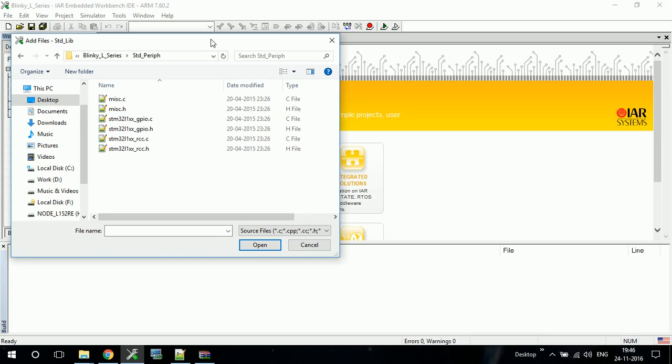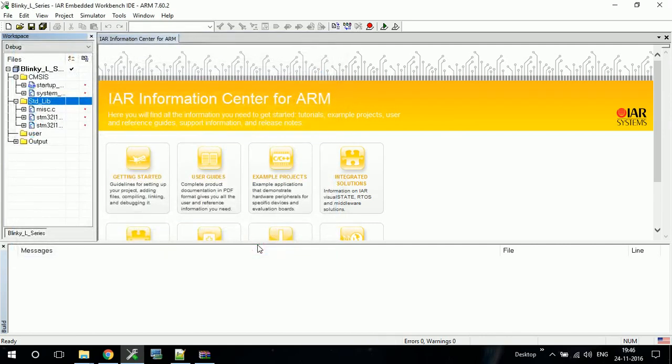You need to get those files for the particular peripheral, because all the functions related to that peripheral will reside in that particular file. For example, for GPIO there will be functions to turn it on and turn it off. Those functions will be available in the GPIO.c library. Also there is another method where you can build your project without using the standard peripheral library files. That I will tell you in another tutorial.